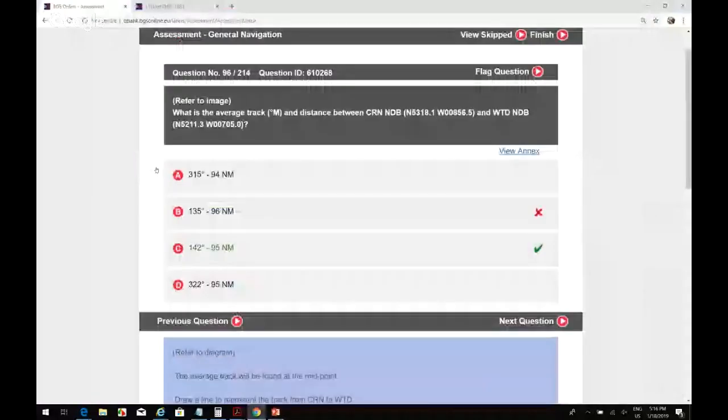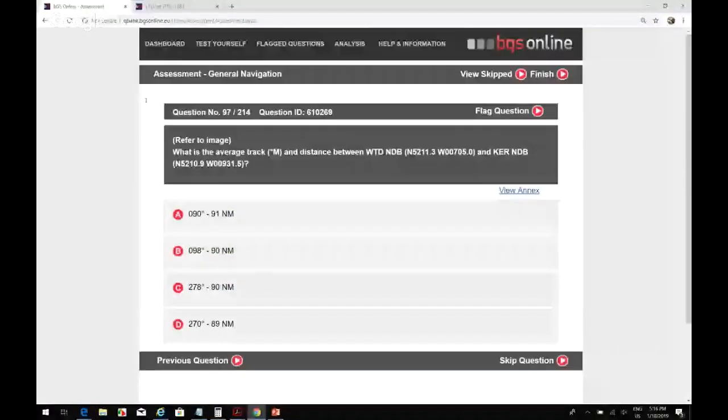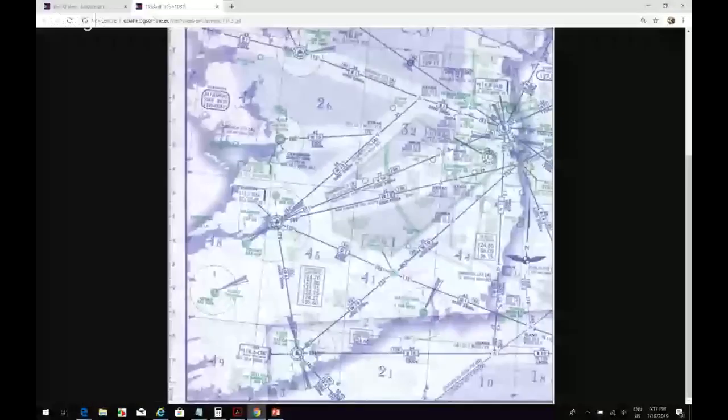Okay, next. Refer to the image. What's the average track and distance? Track magnetic and distance between WTD, Waterford, and Kerr, wherever that is, which is slightly south and to the west. So let's do a screenshot of this. There's Waterford. And Kerr is,